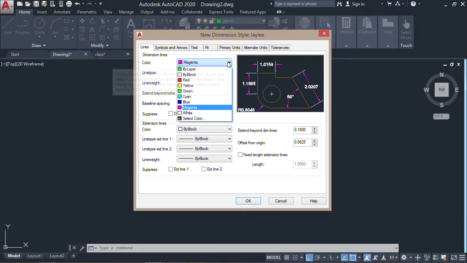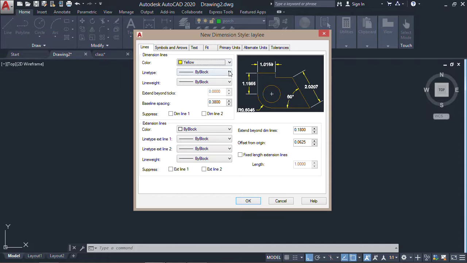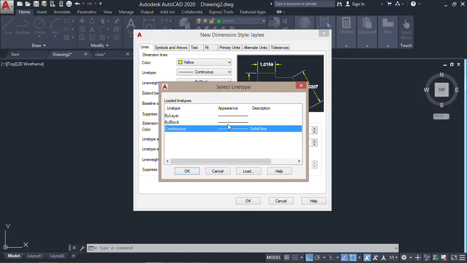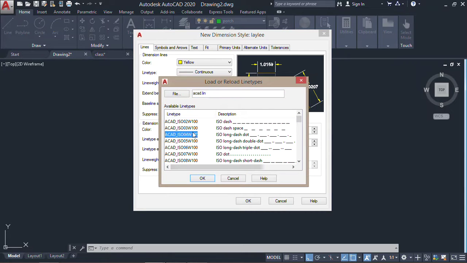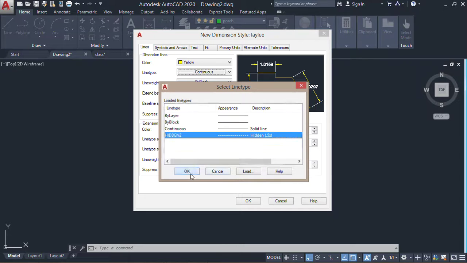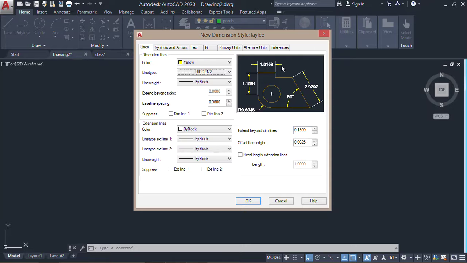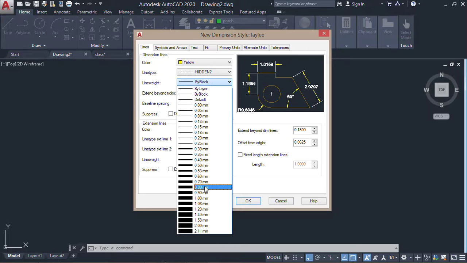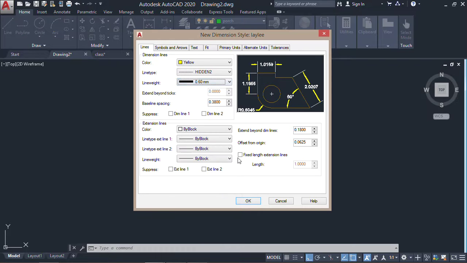Just because I want to make it a little bit obvious for you, I'm going to change everything so you can easily understand. So this is my lines. I made it yellow, and then I'm going to make my lines continuous. Because this is zoomed out, you cannot see, but now let me make it hidden so you can easily understand. So hidden, this one is good. Remember, you always have to double click on it. So as you can see now, these lines are hidden, and the line weight, as it was in the layers,